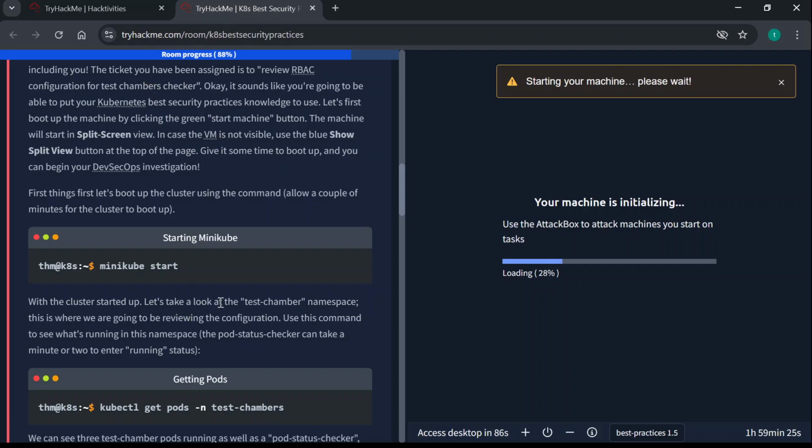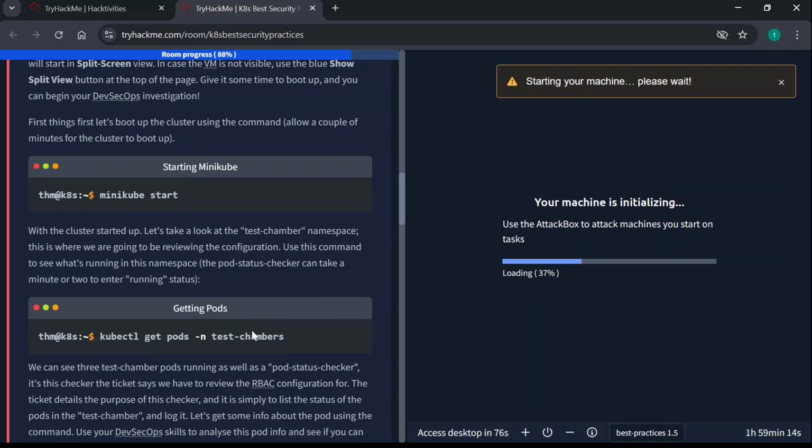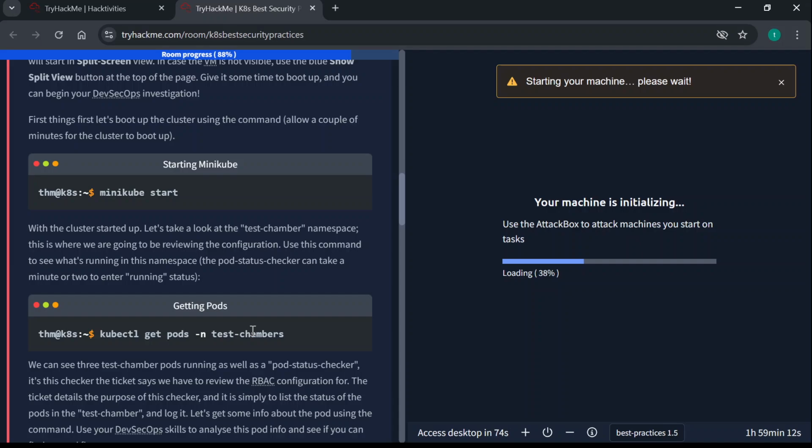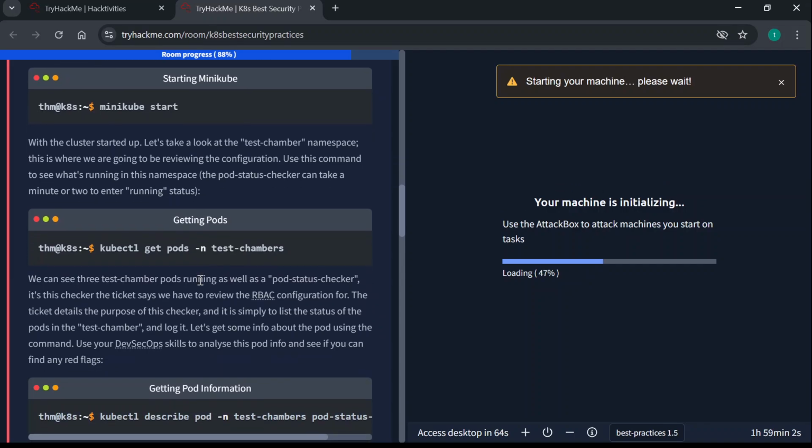So we are going to take a look at the test chamber namespace, and this is where we are going to be reviewing the configuration. We've been provided with a command to see what is running in this namespace. We're supposed to use this to get the pods. We start minikube, which is going to provide us the environment. Then we are going to use this command to get the pods. Okay. So once we view all the pods,